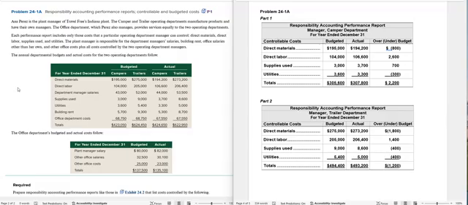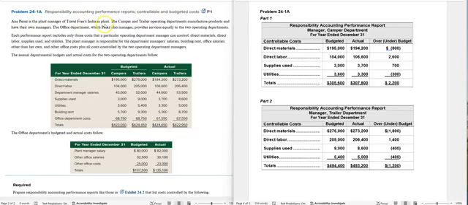And one of the key topics we need to focus on is only evaluating a manager based off of things that they can control. So if they can't control revenues, we don't include it on their performance report, right? If they can control some costs but not all, we're only going to include costs of their department that they have control over. Okay? So taking a look at this problem, Anna Perez is the plant manager of Travel Free's